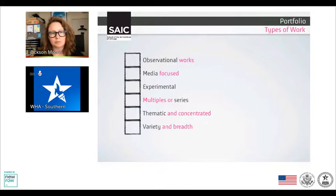You can do multiples or series to try and make it more cohesive, but maybe that doesn't work with your style, so you don't have to do it. It can be thematic and concentrated if you want, but it doesn't necessarily need to be. You can show a variety or breadth. So that was really confusing, right? I just told you everything that you can do, and it's basically everything. And that is overwhelming, I'm sure. But I'll get to that a little bit further. Basically, what I want you to know is that